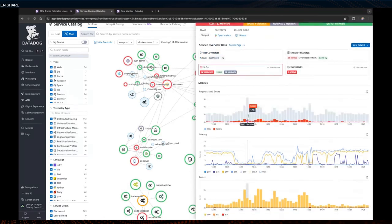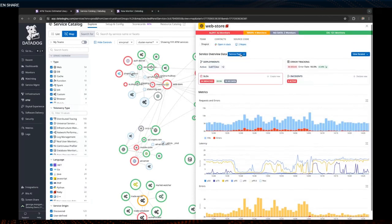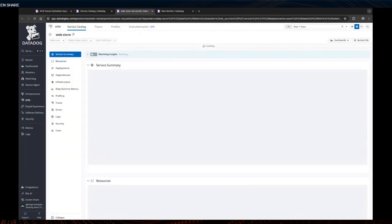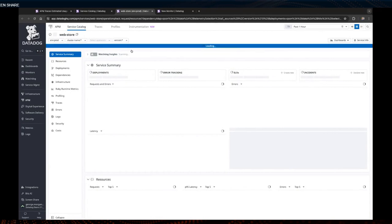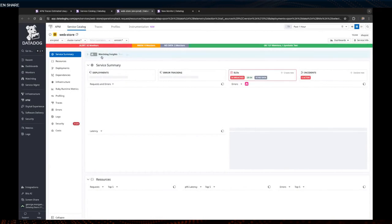And say, for instance, I wanted to go even further, and get really down to the nitty gritty of all the different aspects of the web store. At this point, it's going to take me to the detailed service page. In the detailed service page, it's going to give me information on the different insights that are being bubbled up. So we have an AI/ML platform called Watchdog within Datadog, which is going to bubble up basically any particular